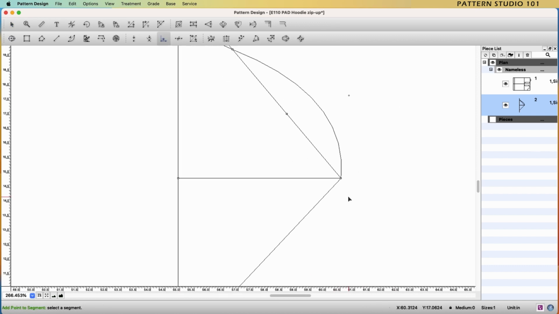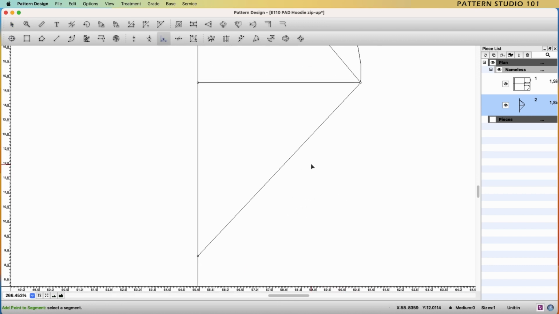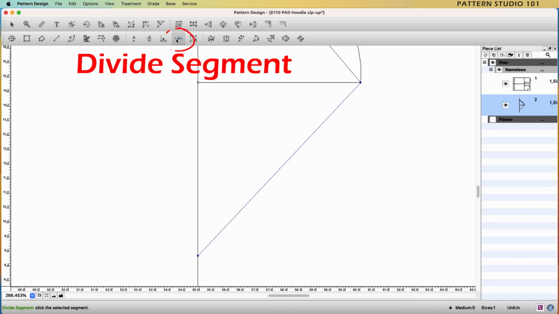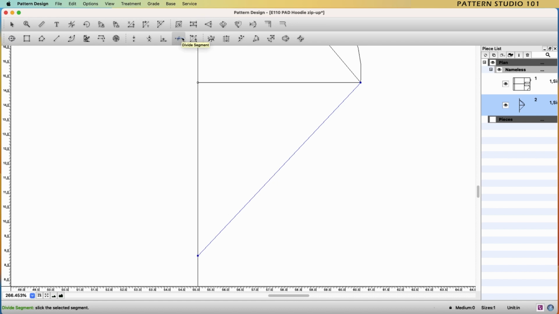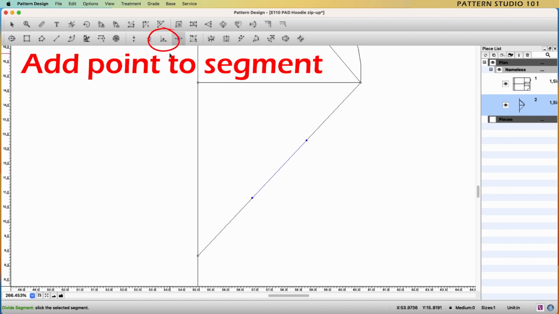Do the same to the front. Select the front armhole segment. Select the tool Divide Segment. Click the segment, 3. Select the middle one. Select the tool Add Point to Segment.